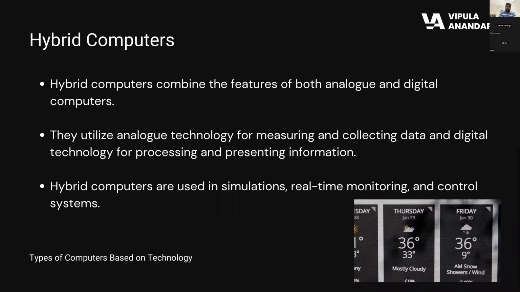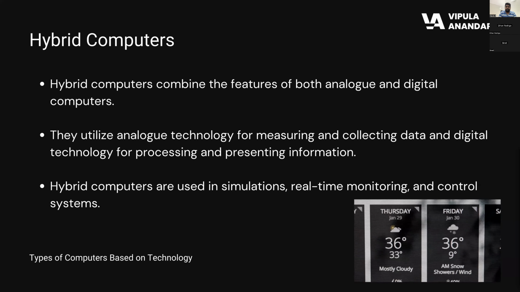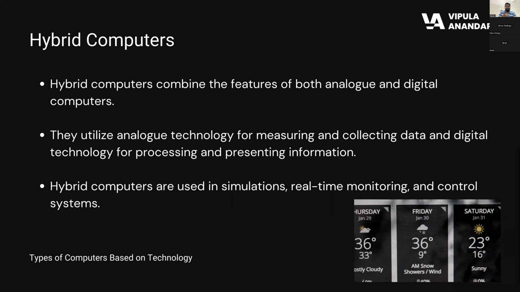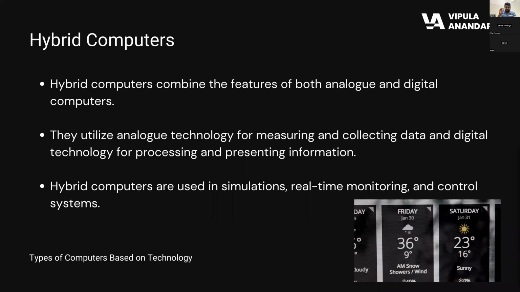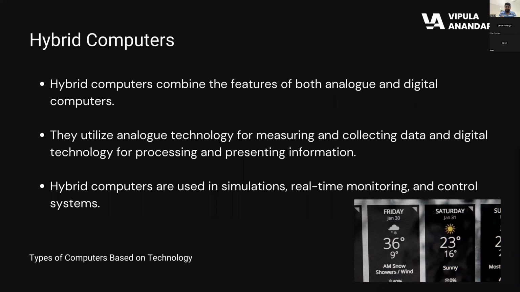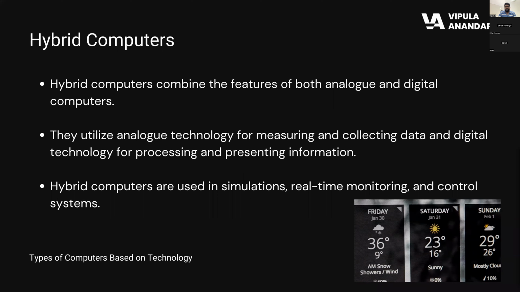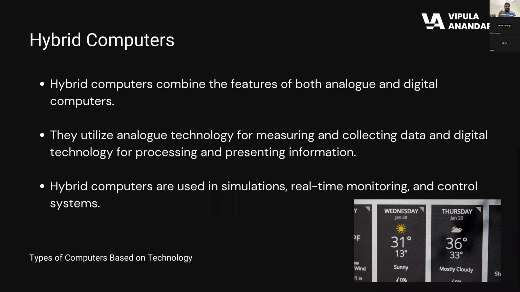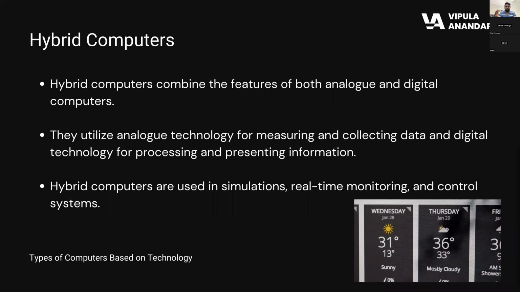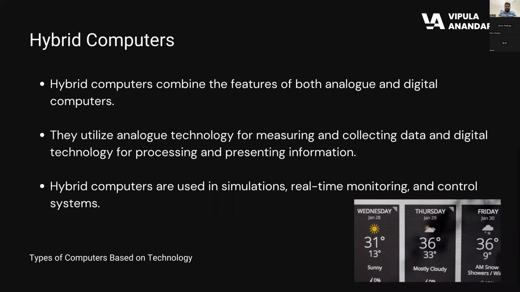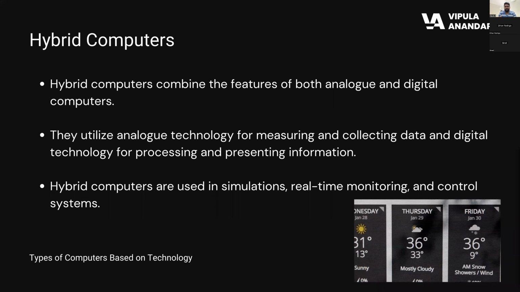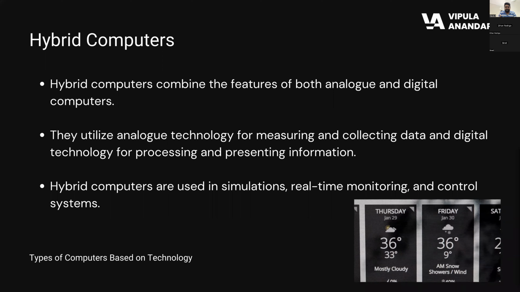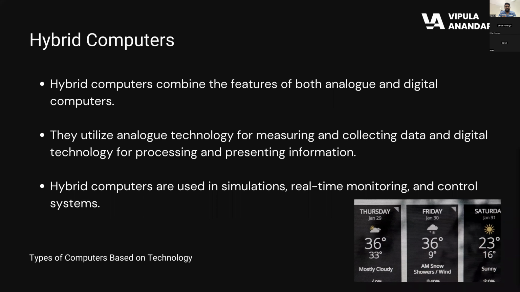So for example, if we take an air conditioner, an AC unit, it basically has an analog computer or an analog chip where it analyzes the room temperature and analyzes what temperature the user has set it to, and then it sends a message to the digital computer, which is the chip inside, saying that, okay,